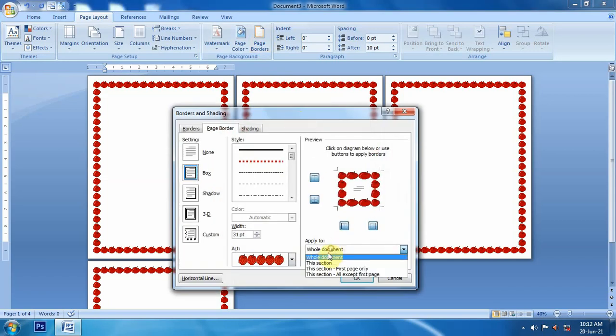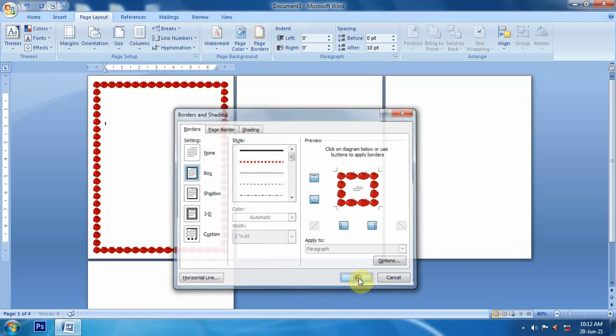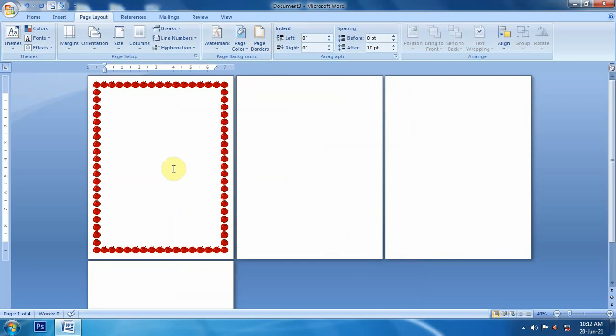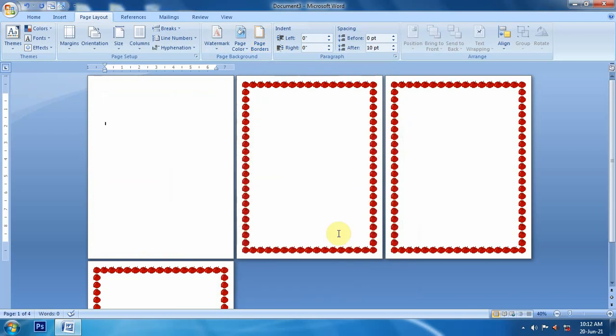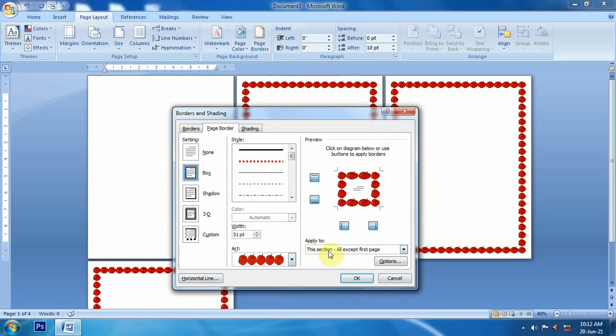But if we say first page only, then the page border will apply on the first page, and the rest of the pages will remain unchanged. But if we say this section all except first page, then all pages will have a page border, but the first page will be non-bordered. So we can do it with the help of this option.